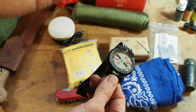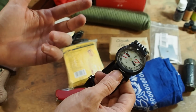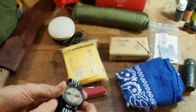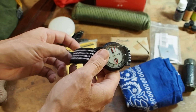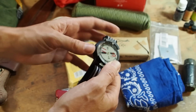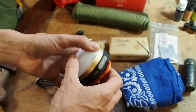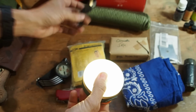So he can even walk in the night. Although I'm not recommending this for the jungle. So walking in the jungle in the night is not a good idea. But it's still awesome that this compass is luminescent, because if he loses it, he can find it more easily with the luminescent bezel. Then I got a really lightweight light for him, and he can recharge this light with